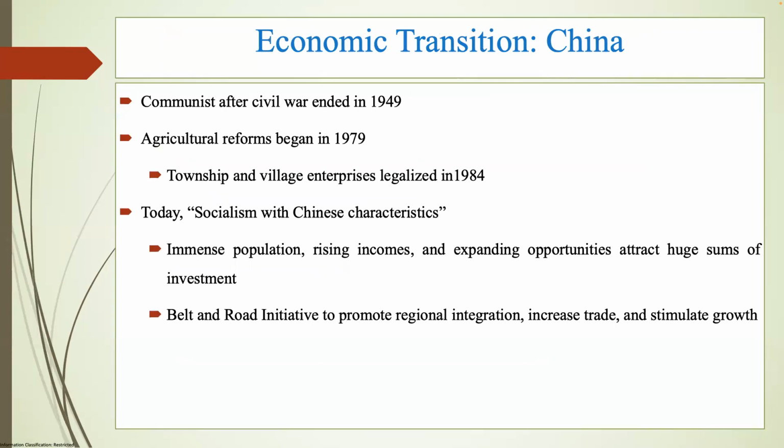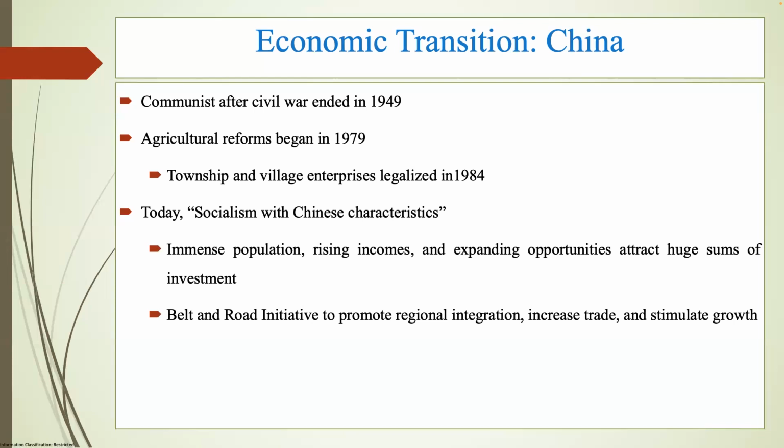Economic transition in China. China began its experiment with central planning in 1949 after the communists defeated the nationalists in a long civil war. From 1949 until reforms were initiated in the late 1970s, China had a unique economic system. Agricultural production was organized into groups of people who formed production brigades and production units.